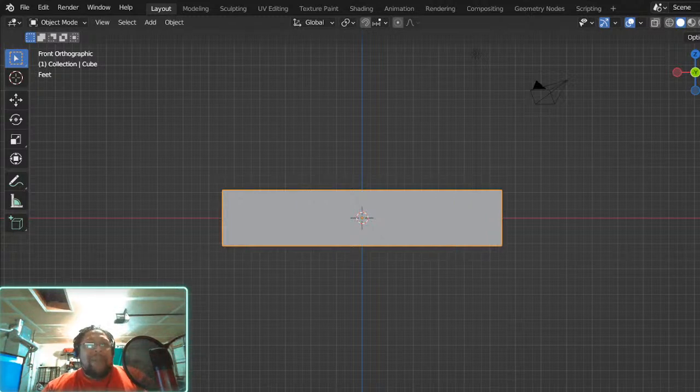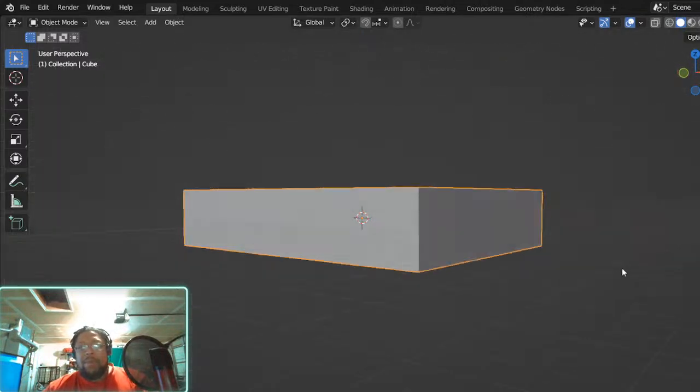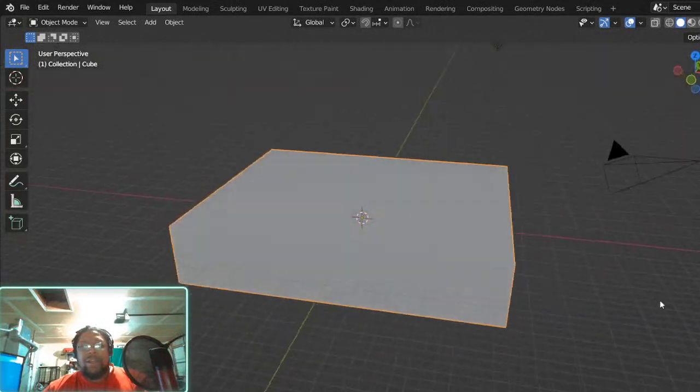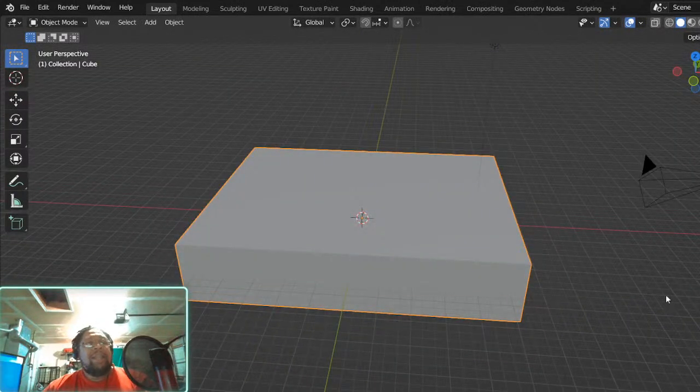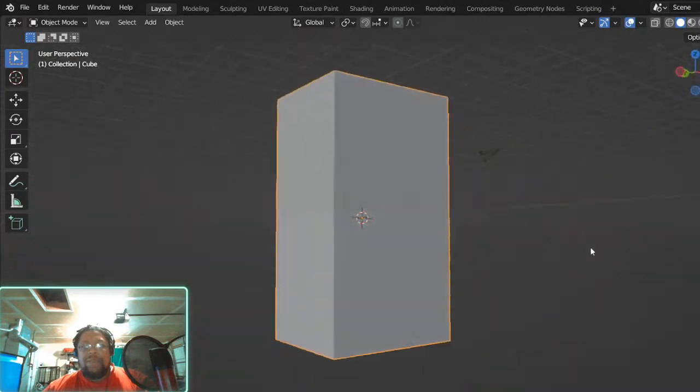That seems about cool. I mean, 5 feet across, and I want it to be about 4 feet to the back. All right, elevator right there. I like my height to be about 9 feet. How's that feel?